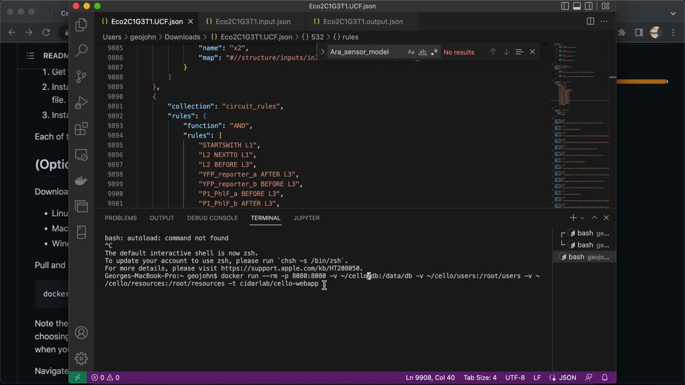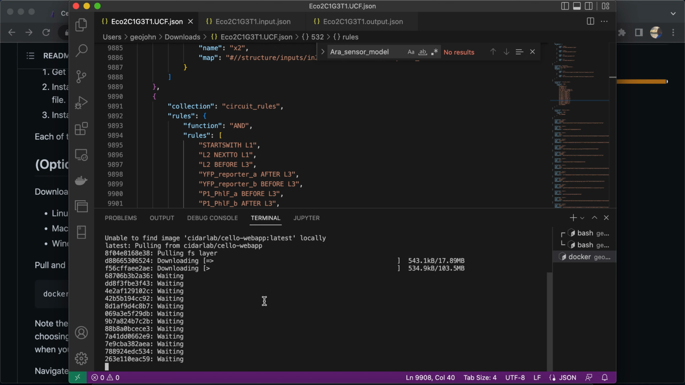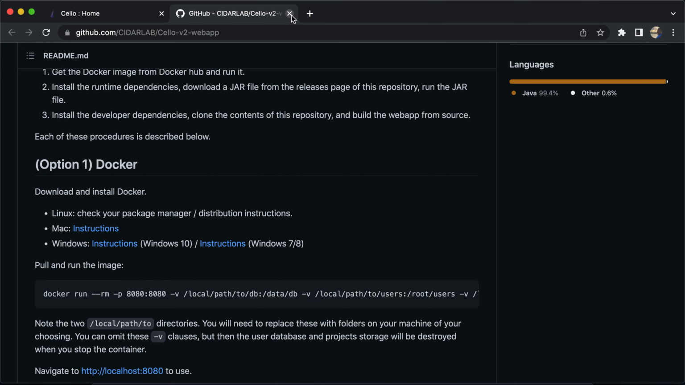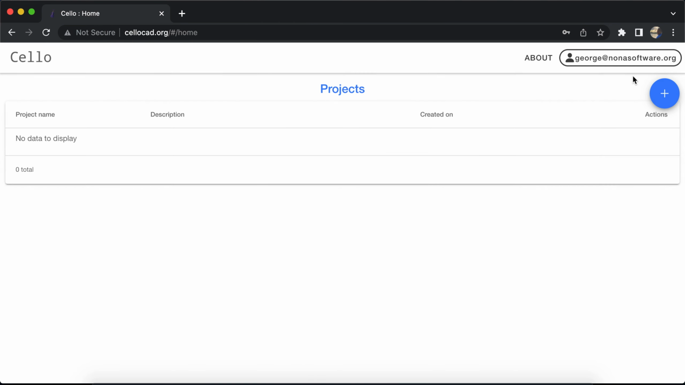It's the CyderLab Cello web app. So as I hit enter, this might take a minute or two, because it's going to start to download it, and then after it downloads everything, it's going to start to run it. It's about 1.5 gigs, and so it might take a minute. I'm going to close out of this, and we're going to go into the actual demo,